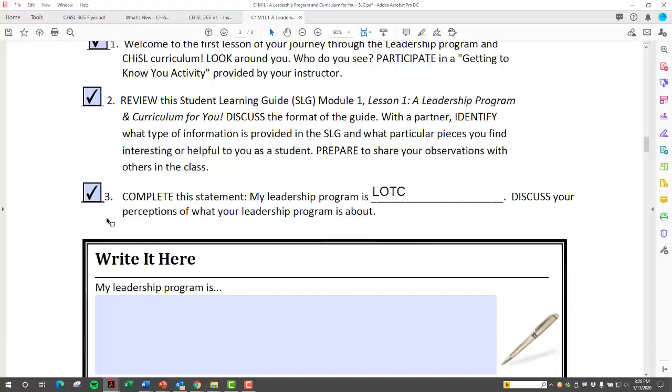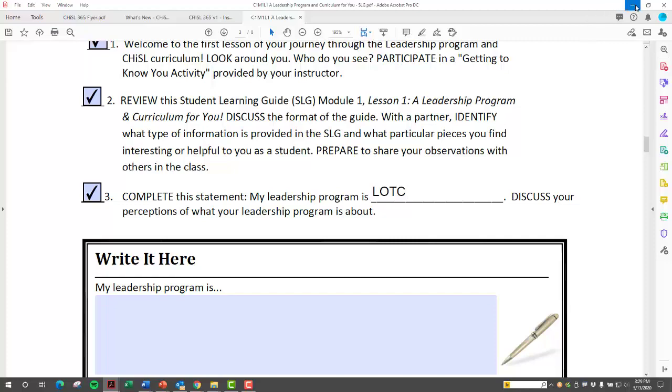I should mention that this same functionality is available through Cadet Portfolio. So if you're using Cadet Portfolio, you may not need to do these fillable student learning guides, but this is a great option for programs that maybe don't have devices for every student to access and be able to use that. So it works in both ways, either through the fillable student learning guides in Course 1 or through Cadet Portfolio. So that's a great update and enhancement in the curriculum.